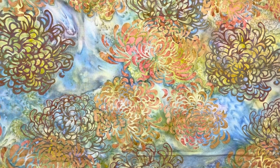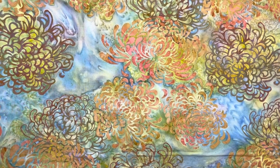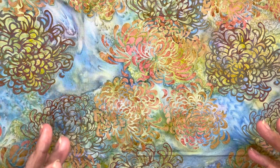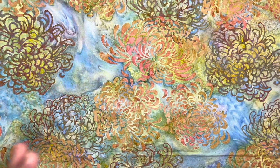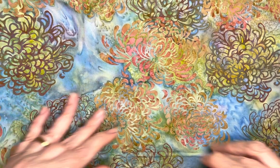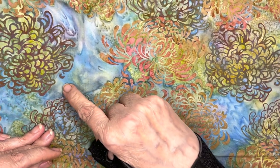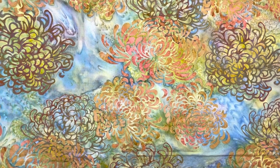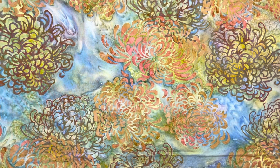So let's talk about the first size. Since we're doing light and dark things, I was looking for an in-between color, and believe it or not, this was the most mellow in-between color fabric I could find. And I have a lot of fabric because I made a lot of masks. I realize now that it's super high contrast on the video, so we'll see, because it's actually much more pastel in person. Okay, it's not pastel, but it's more muted in person. I'm looking at it on my camera right now, and holy cannoli, that looks really bright. Interesting. Also, I've been painting a ton of flowers recently, so don't be alarmed by random bits of things on my hands, because